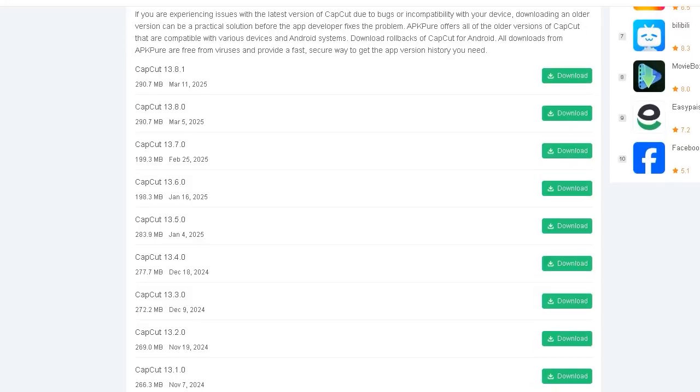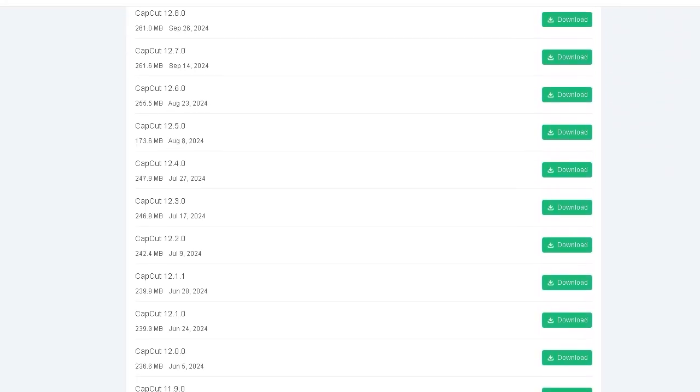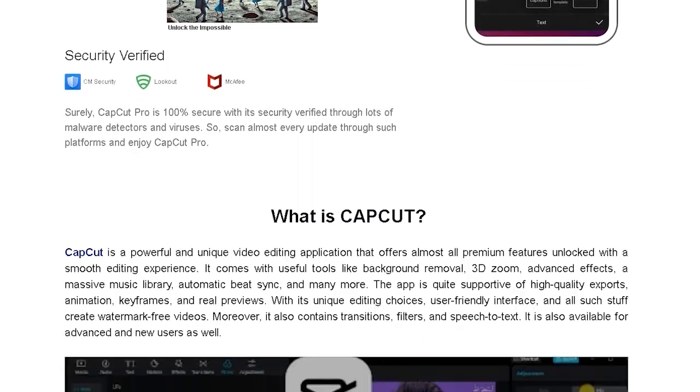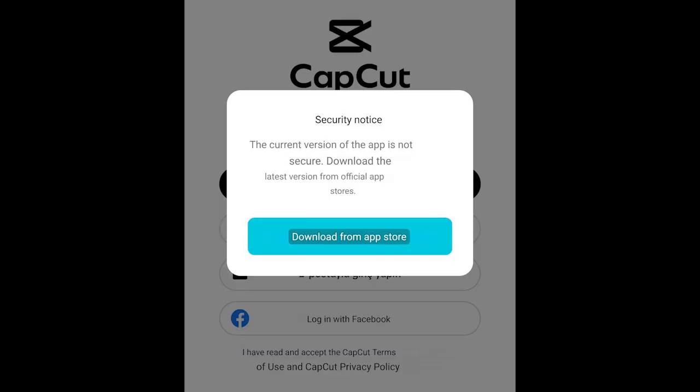And CapCut even forces you to use the newest version, because if you manage to download some specific older versions, it'll give you a security error stating to download the newest version. I even tested out the latest cracked versions of CapCut, and a few days later I still get the security error. So I have tested out a bunch of older versions of CapCut, and I think I found the best